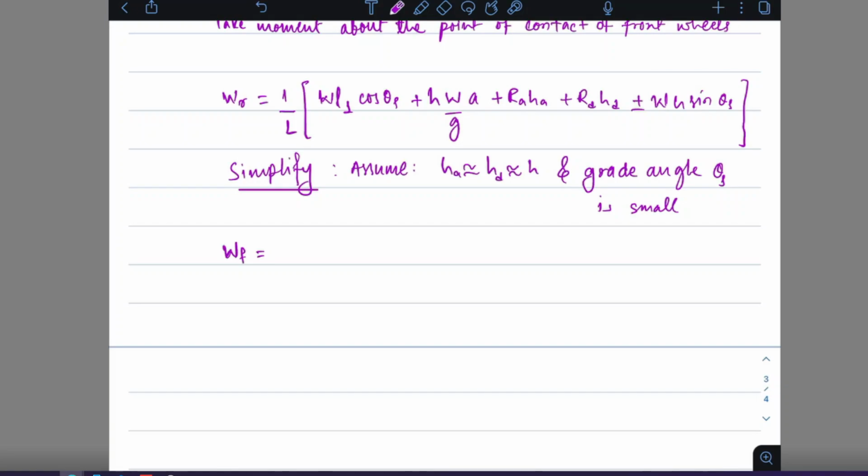We can write WF as W into L2 by capital L, minus